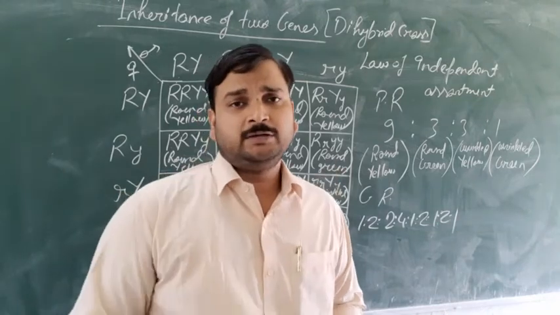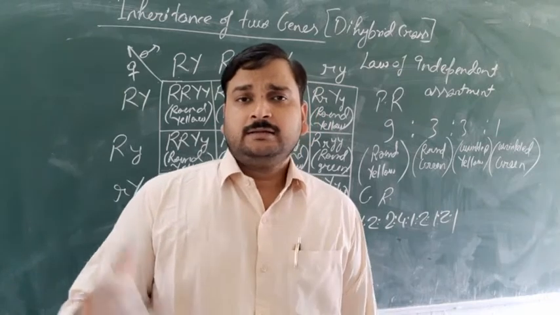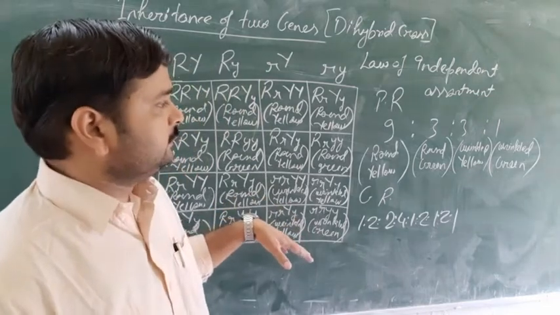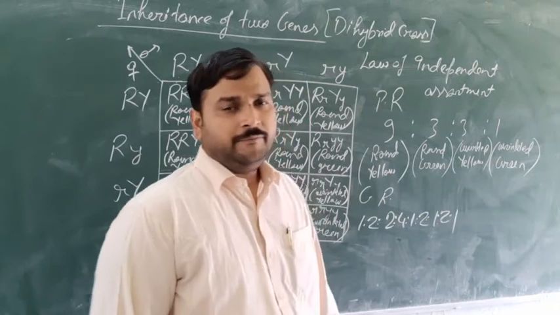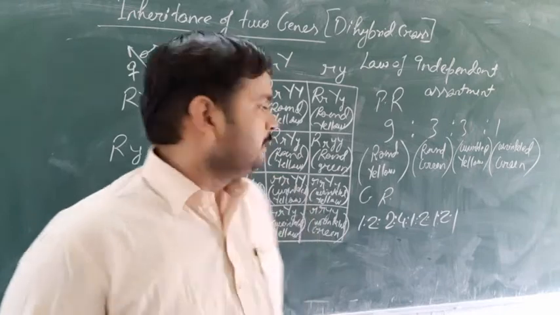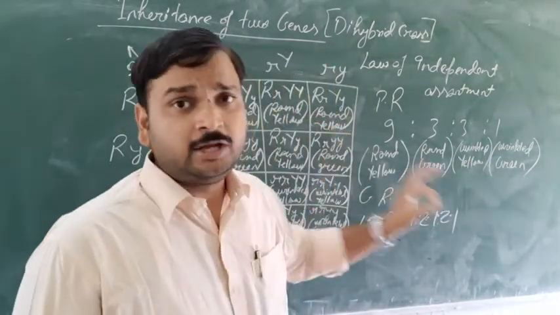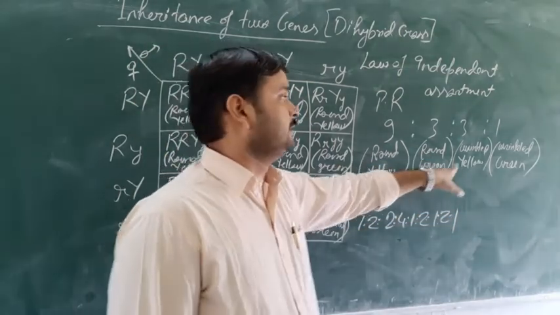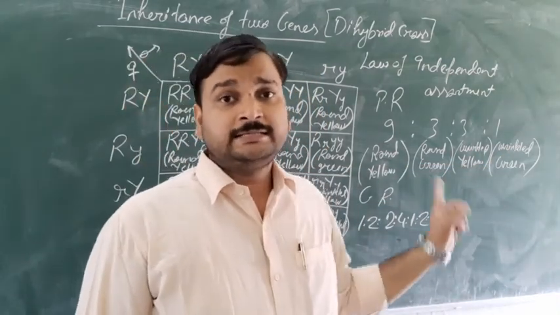The original parent was round shaped seed with yellow color, and it was crossed with the wrinkled shaped seed with green color. But here if you see these two, round green and wrinkled yellow, whether this character was present in any of the parents? No. Round yellow was present, wrinkled green was present, but none of the parents had round shaped seed with green color and wrinkled shaped seed with yellow color. So they are the examples of hybrids.